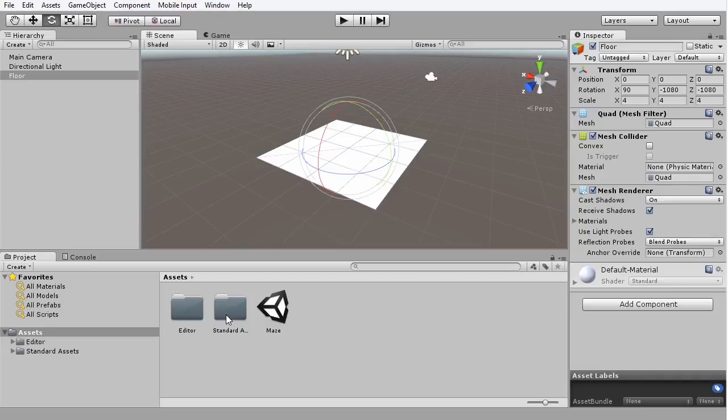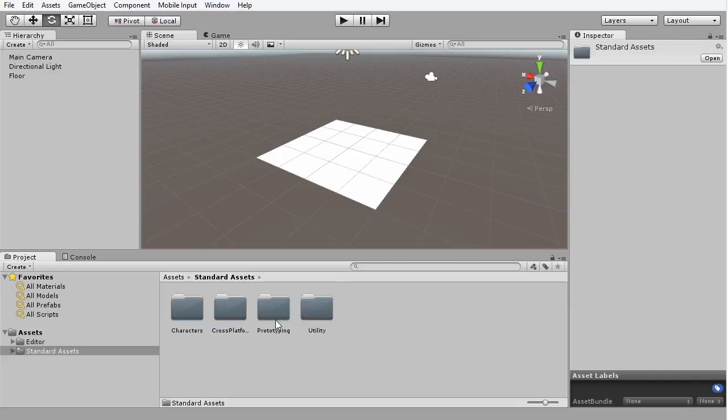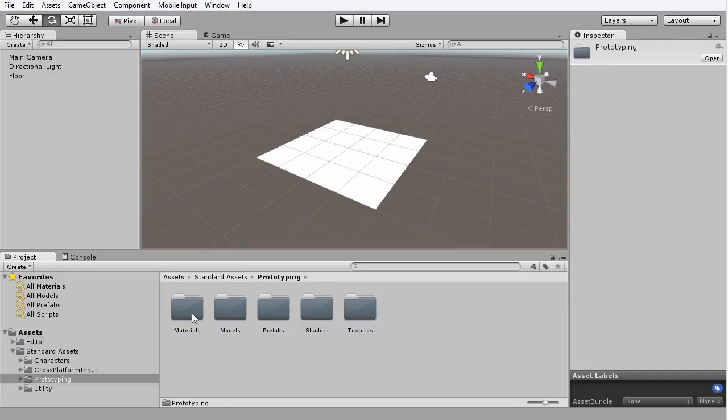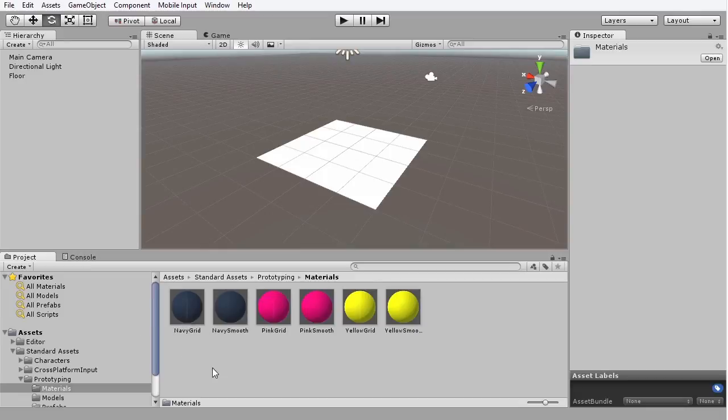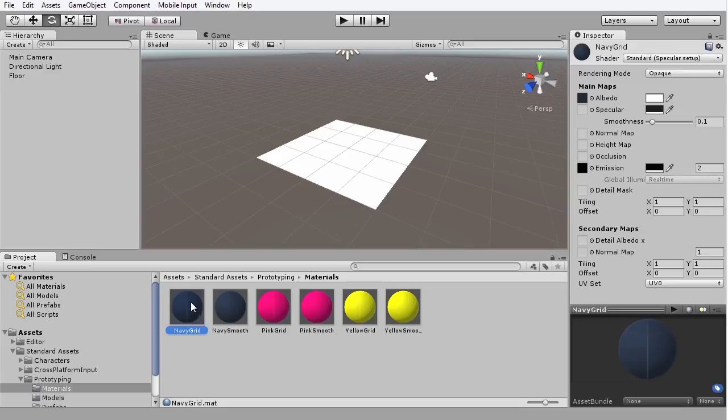Here in the Standard Assets folder, under the Prototyping group, we have a folder called Materials. So you can get to there from Standard Assets, Prototyping, and here you have a folder called Materials. I'm going to open that folder here, and we have a range of different materials that we can use and assign to our objects. For example, I could select this navy grid here,